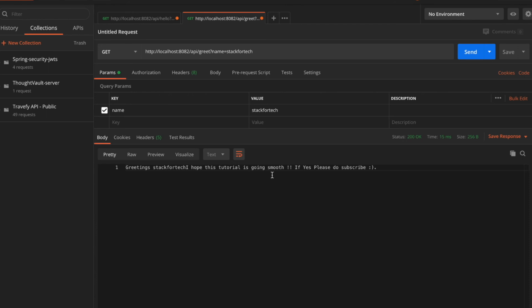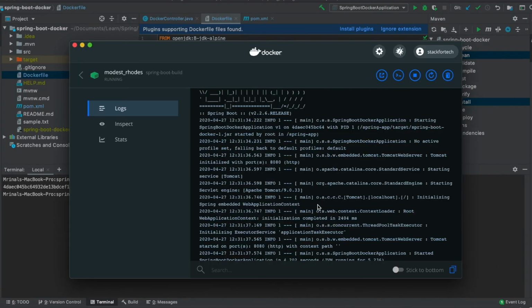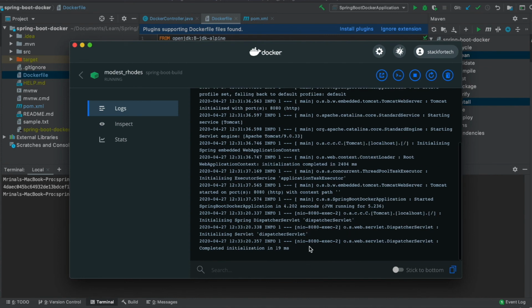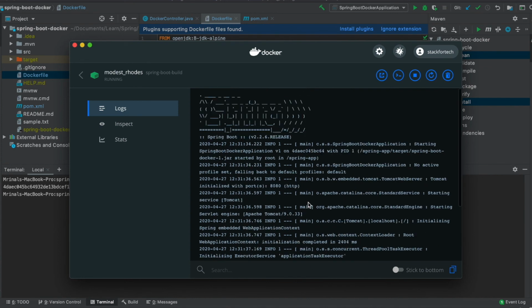So it means the application which we have just Dockerized is running inside a Docker container, and we are invoking the API present inside the Docker container from our host system. We'll see the dashboard once more. Since I have not written any console log, we are not seeing any logs printed, but this is how a Spring application can be Dockerized. This is a very basic Dockerized version of a Spring application. The more advanced version can have Maven installed inside the Docker image, and all those Maven life cycles can be run inside the Docker image itself.